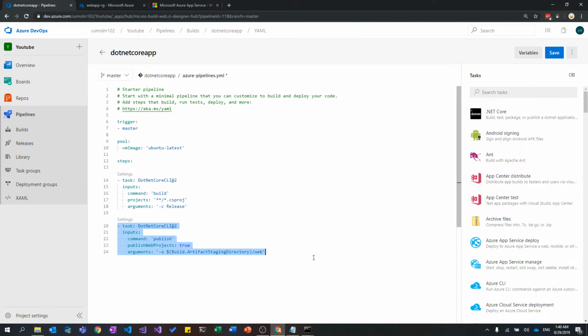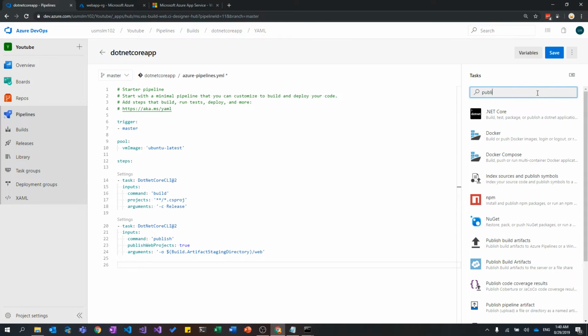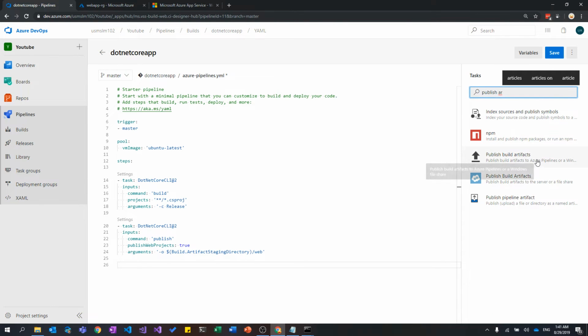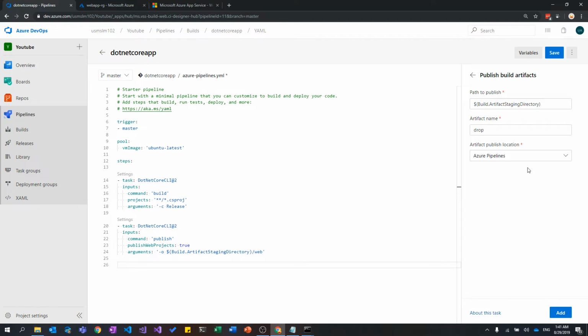Now we have almost completed our build pipeline. The last step will always be publishing this web folder to somewhere. So in our case, we are gonna publish this to a build artifact area which comes with the Azure DevOps build pipeline. So what I'll do, let's click here and search for publish artifact, publish build artifact, and it will ask a couple of